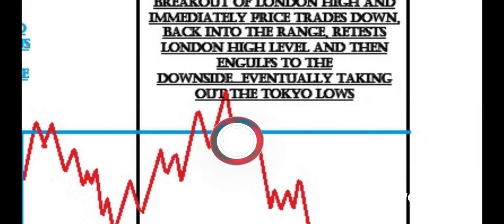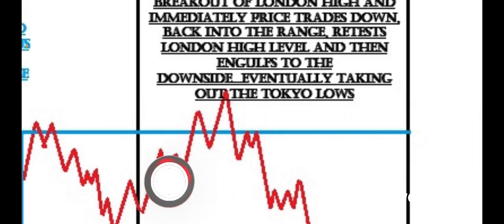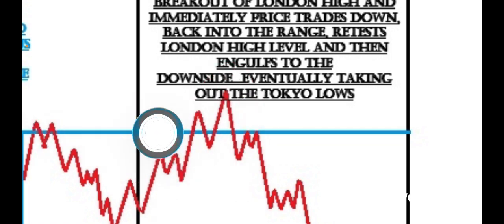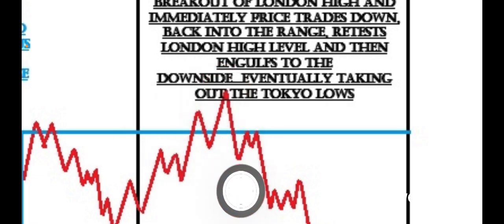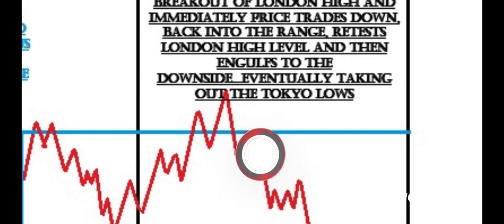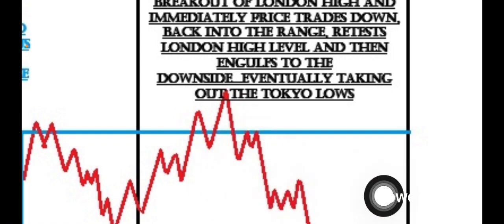this area right here that was once some sort of resistance. Okay, we break through this resistance level from the London highs, trade back below it. That resistance level changes to a support level or whatever, where we bump into it. Okay, and then start trading down now. Okay,